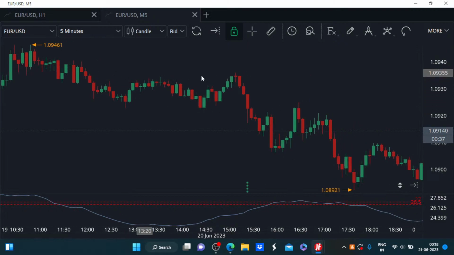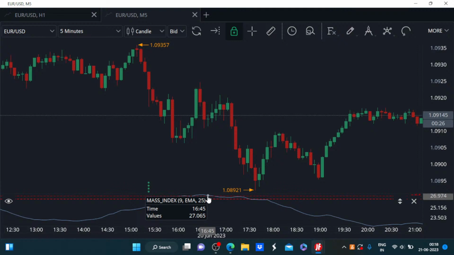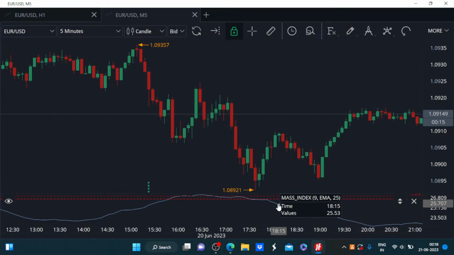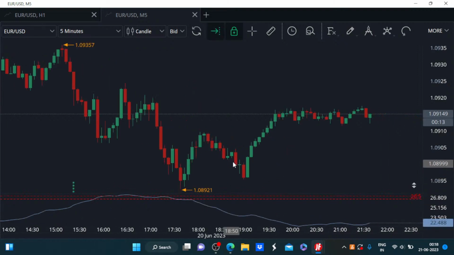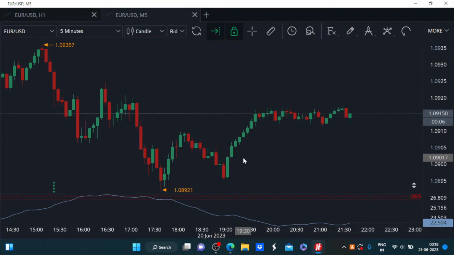Then things remained bearish for a while, and again the bearish trend peaked at around these levels, and we saw the output of the Euro USD mass index again rising above 27, and in due course of time it started to drop below this level, and from there on we are seeing the price rise for the